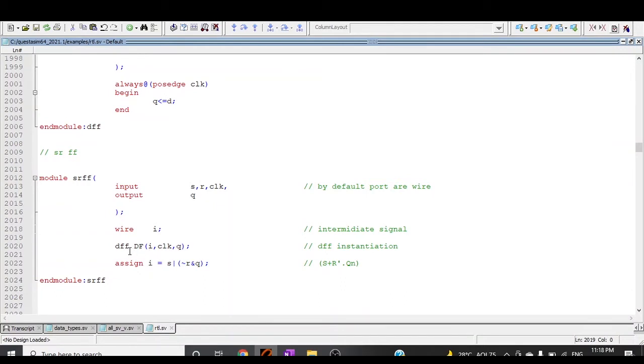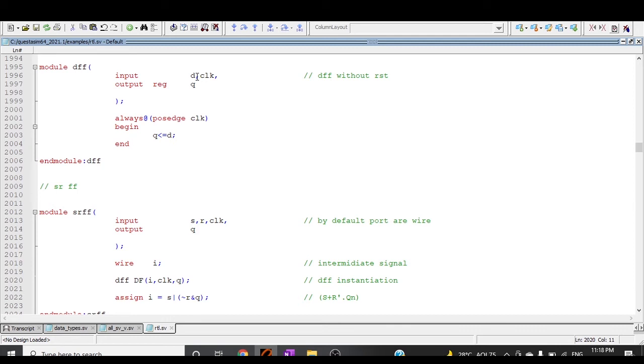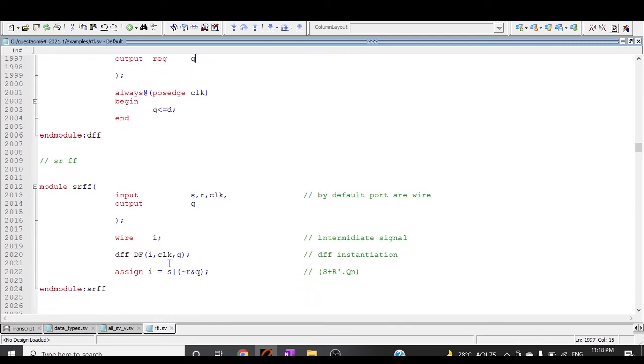Now see, we just need to map a D flip-flop here. This is the D flip-flop instance, for that df you can take any name, and within parentheses this I, comma, this clock and Q, okay. Very simple.